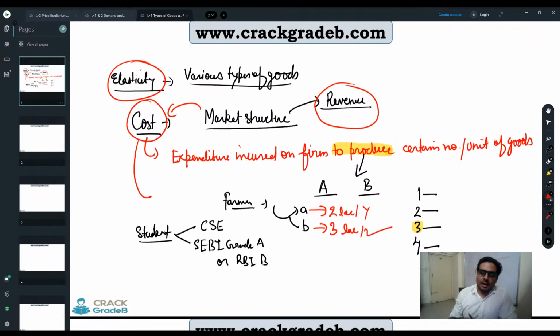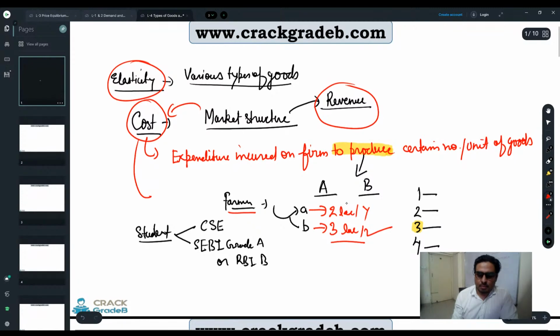But again, he applied more rationality. This farmer thought that what I am able to see is this price, this amount of income. So like me, most of the people are going to produce this. If everybody is going to produce this, then there will be a low supply of this product. So finally, at the year end, the price of this crop is going to be 4 lakh.